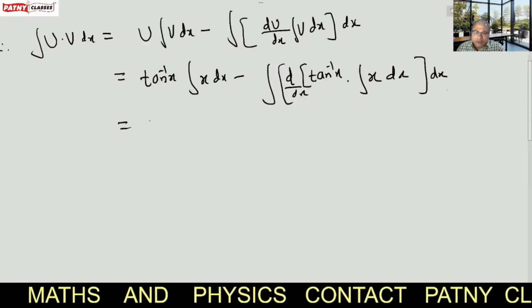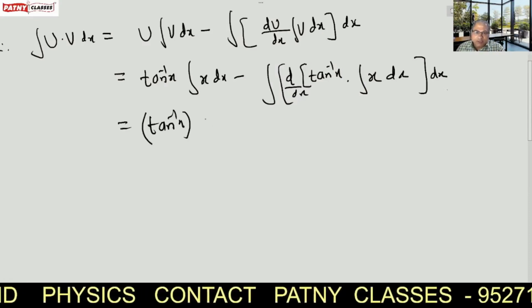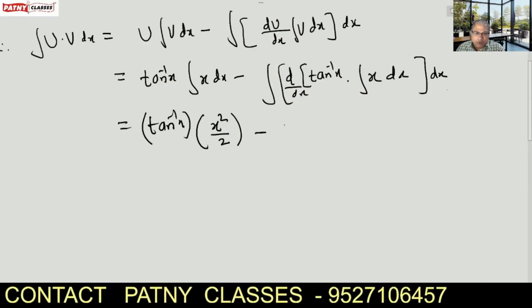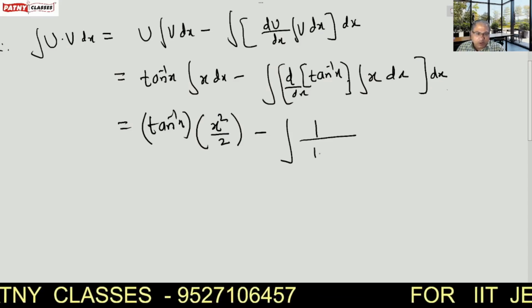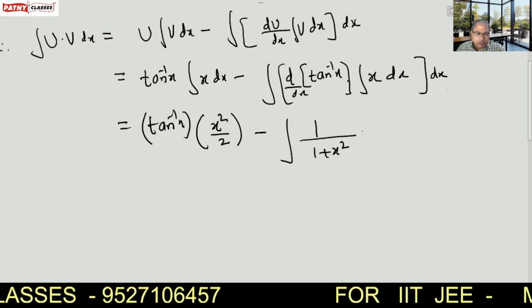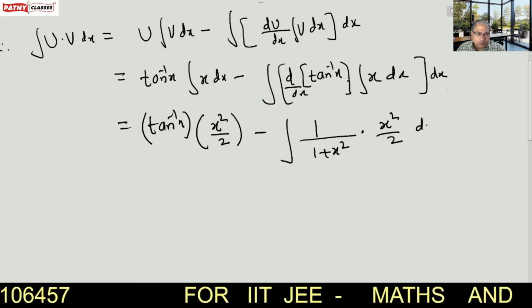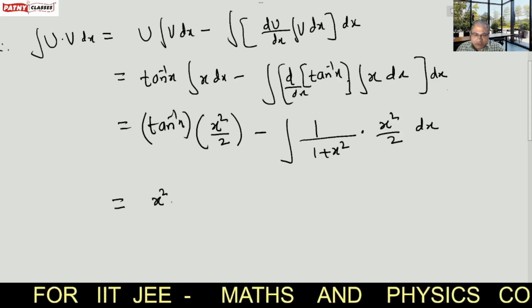After that, tan inverse x as it is. Integration of x is x square upon 2, minus the derivative of tan inverse x, which is 1 upon 1 plus x square. Integration of x is x square upon 2, with respect to x equals to, we first write algebra, after that